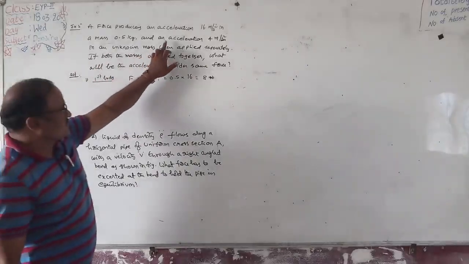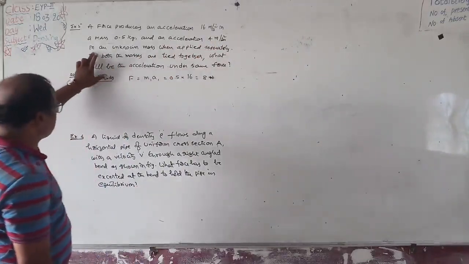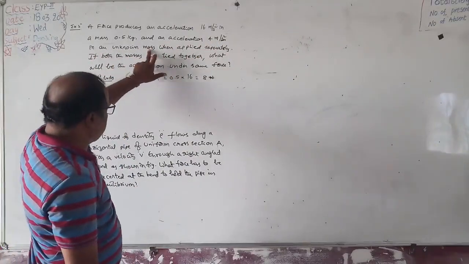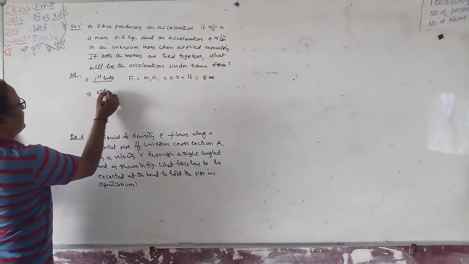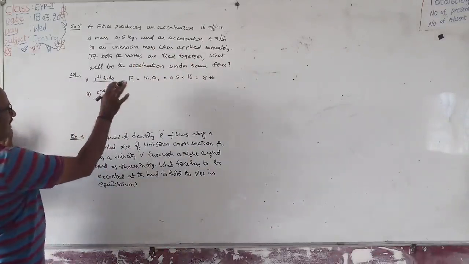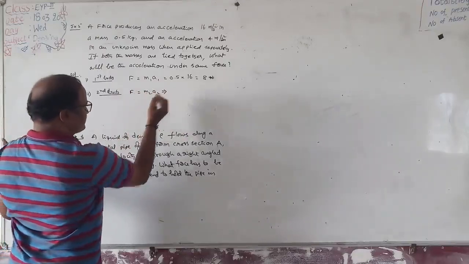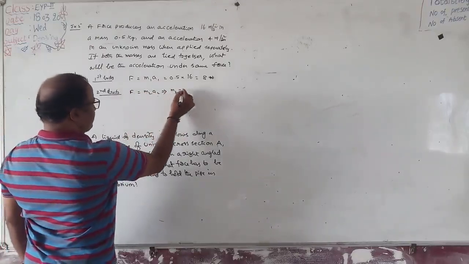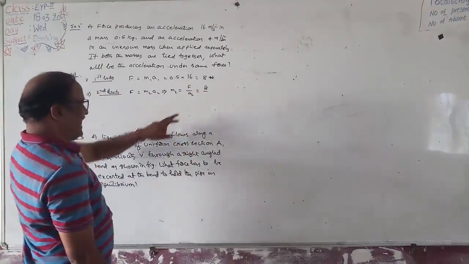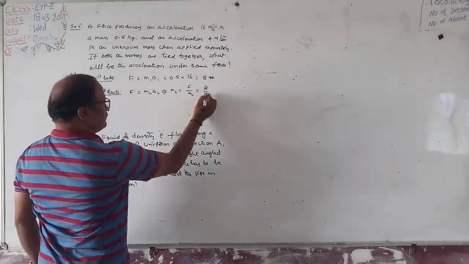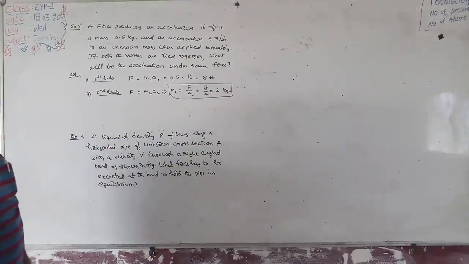Right? In the next case, acceleration produced in the second body is 4 meter per second square, whose mass is unknown, when applied separately. In the second condition, for the second body, the same force, F is equal to m2 a2. It implies the mass of the second body is equal to F by a2. What is F? 8, by the acceleration produced in the second body, 4. 8 by 4 is equal to 2 kilograms. Second mass is equal to 2 kilograms.